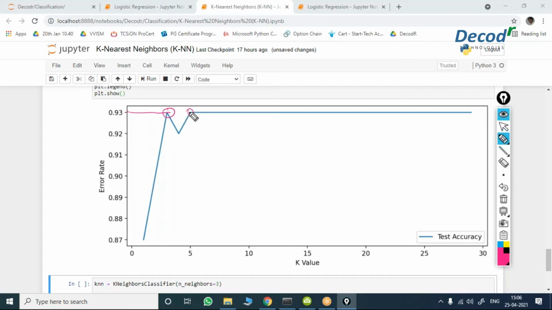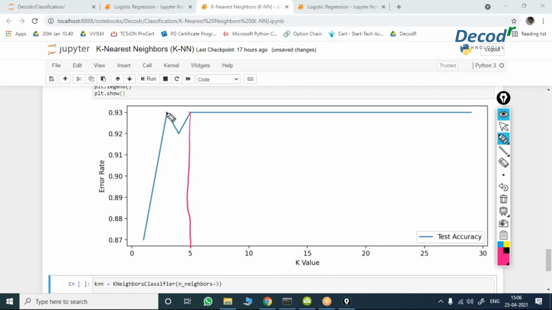Now you tell me, what is the k value I have to select based on this? The k value has been selected as 5 actually.